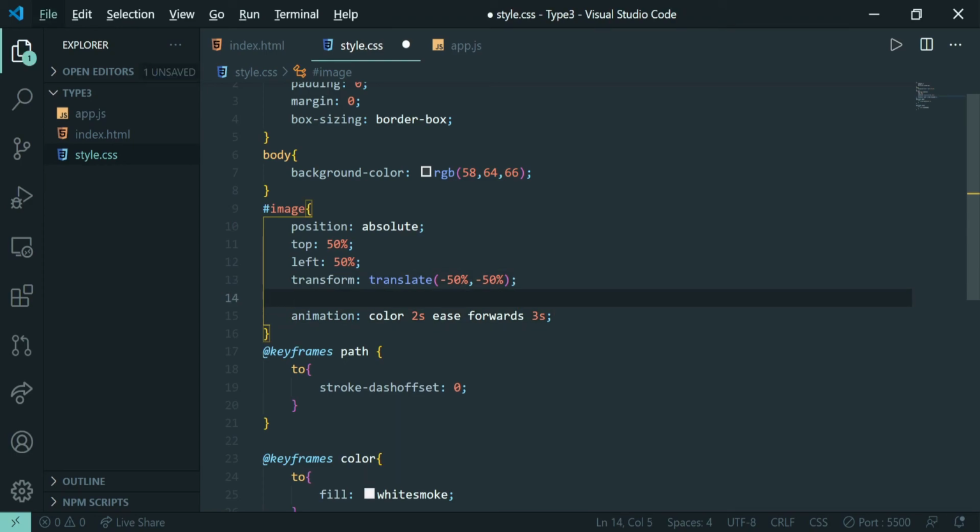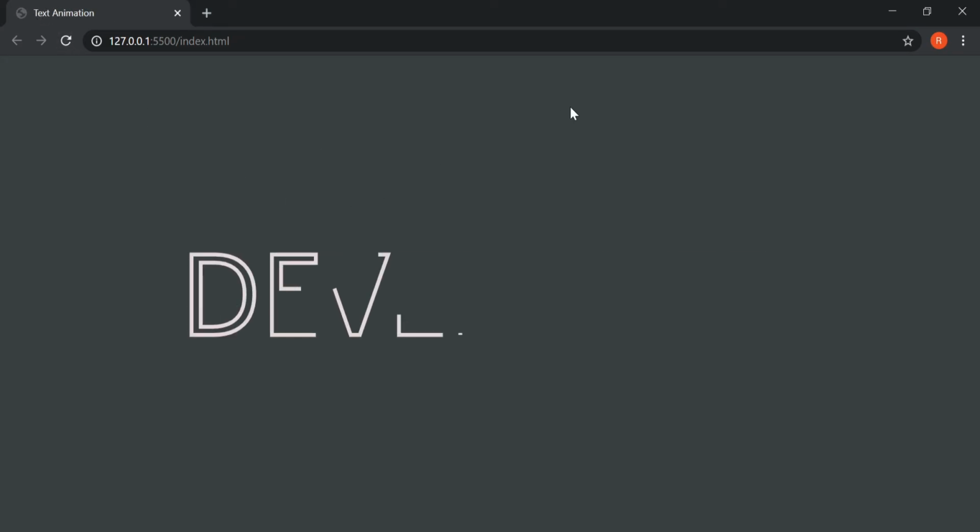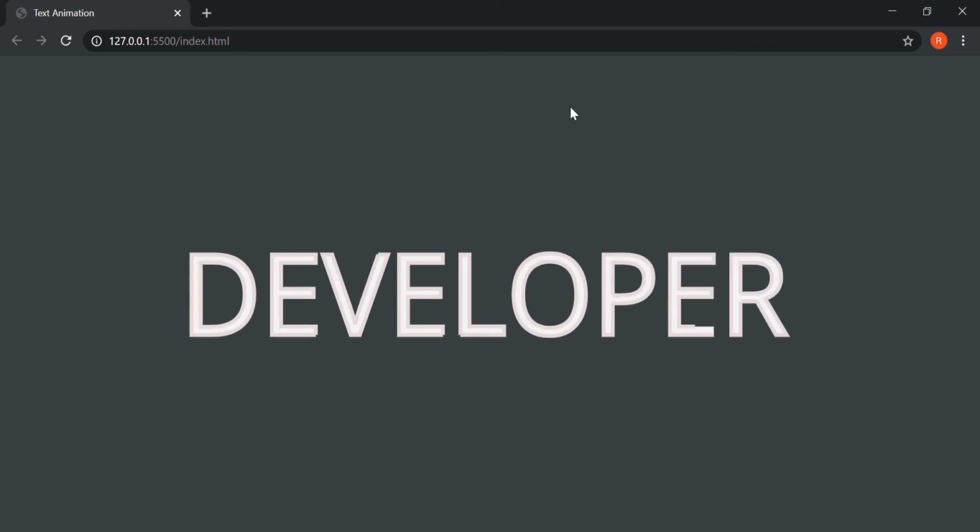First of all let us see this. You can see that our fill color has just popped up on our screen.